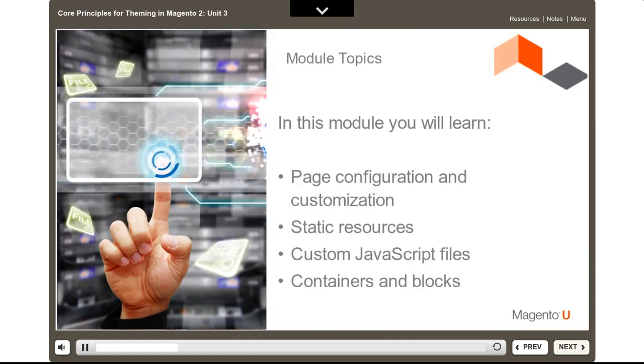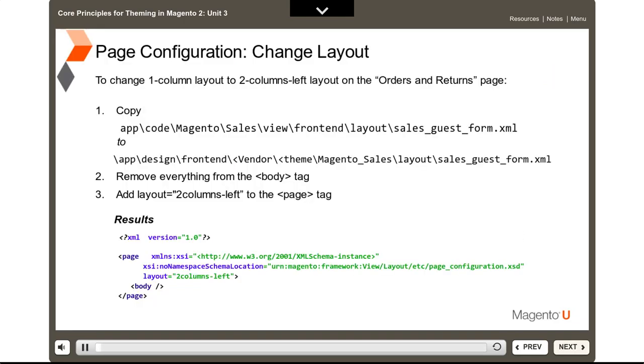In this module, you will learn about page configuration and customization, static resources, custom JavaScript files, containers, and blocks. To change one column layout to two columns left layout on the order and returns page, copy app, code, Magento, sales, view, front end, layout, sales,